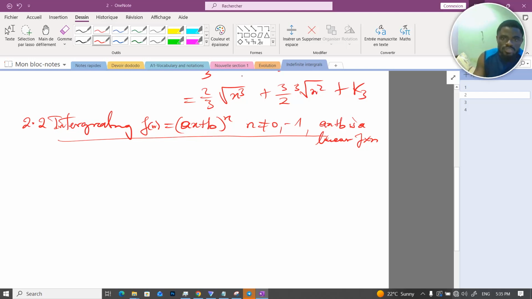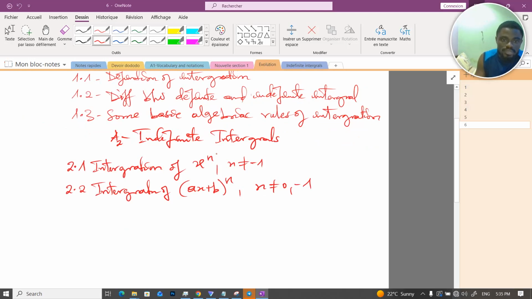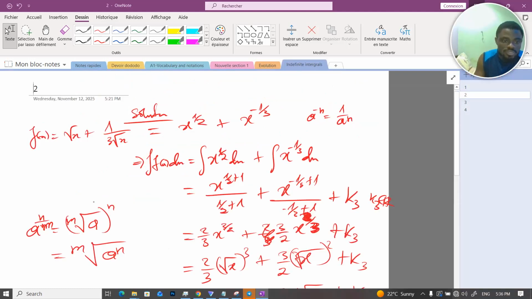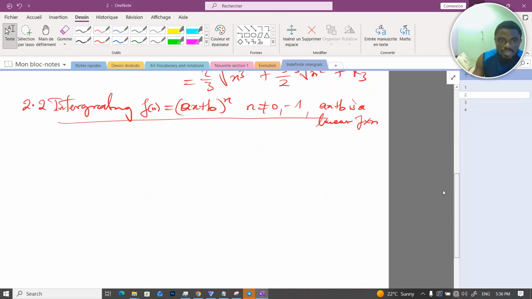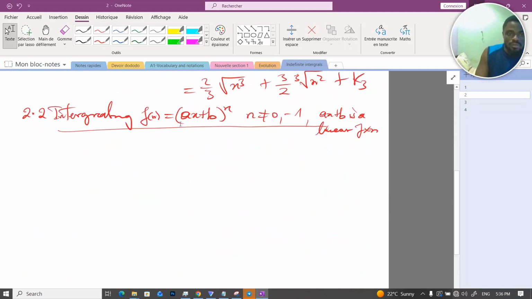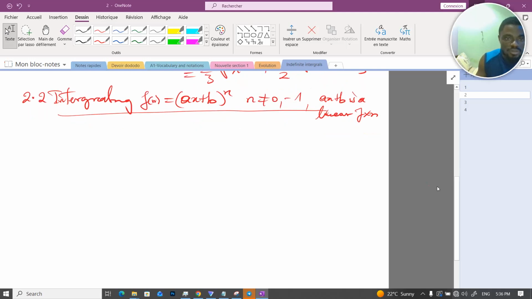Today, last time we saw how to integrate x to the n. So today we are going to see how to integrate any function of the form f of x equals ax plus b raised to the n, where n is different from 0 and minus 1, and ax plus b is a linear function. Okay, the general formula is, if you are to integrate this, the integral of ax plus b